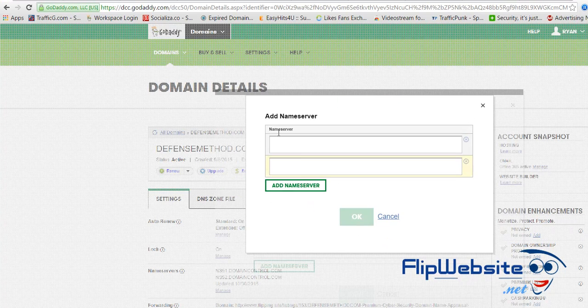Edit custom name servers. So you're going to go ahead and put in exactly what I'm putting in here. Everybody else, put in whatever your hosting provider's name servers are that they provide you. Once again, Brent, these are the ones you're putting in there. I've already made an account for your domain, so you'll be good. You're going to click OK